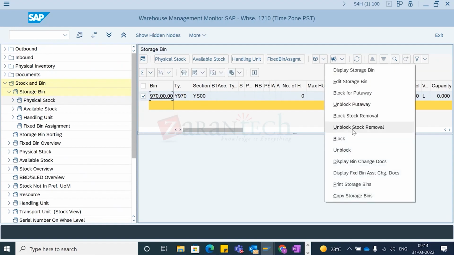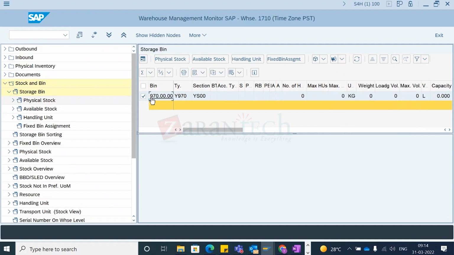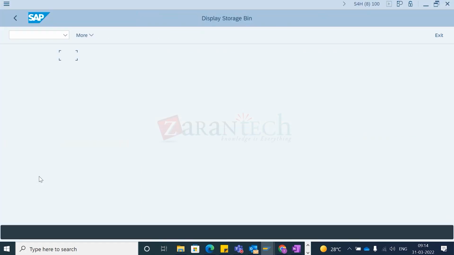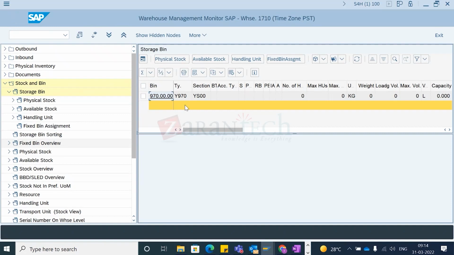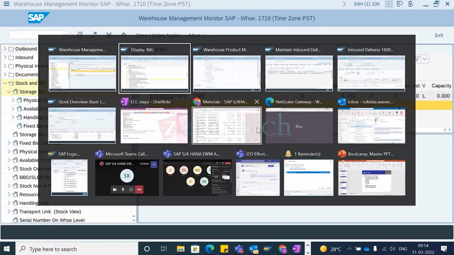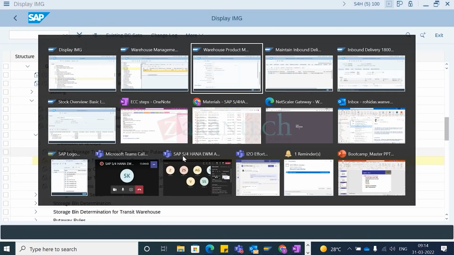Okay. So now for this warehouse process type,